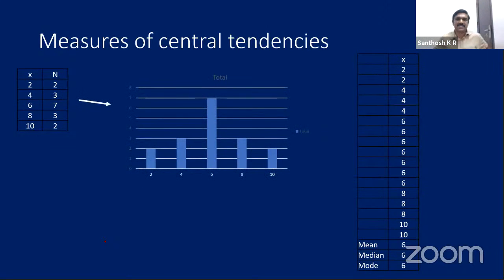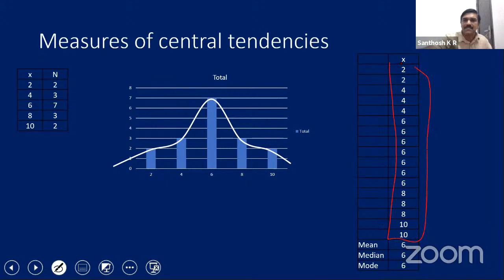And we used to call it what? Measures of central tendency. If I am drawing a small graph, that means a bar graph, a categorical graph, based on this particular data, it will come like this. And if I am drawing a line over this graph, it will be like this. If I am arranging a line based on this continuous kind of data, this is continuous data. This we have categorized. Continuous means in ratio form. This we categorized and it became what? In an order.